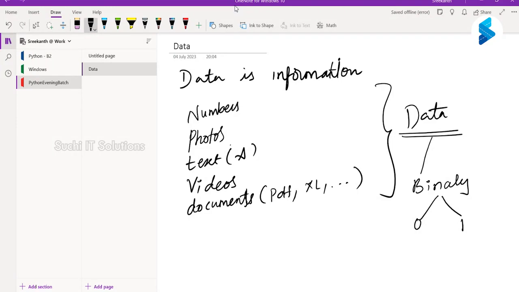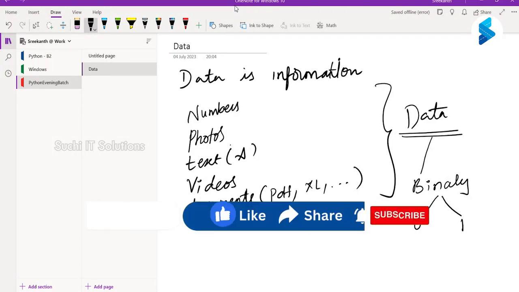Though we have different kinds of numbers, photos, videos, for the computer it is all going to be binary data, 0 and 1 eventually.